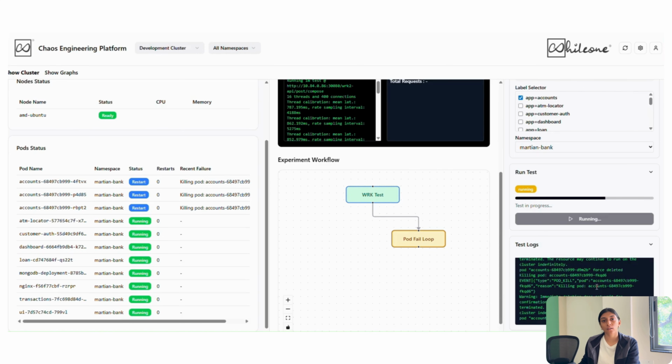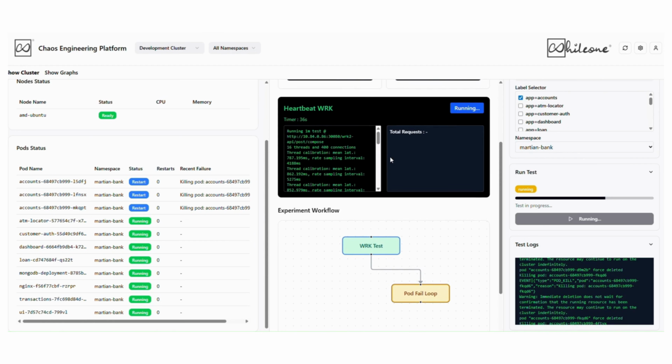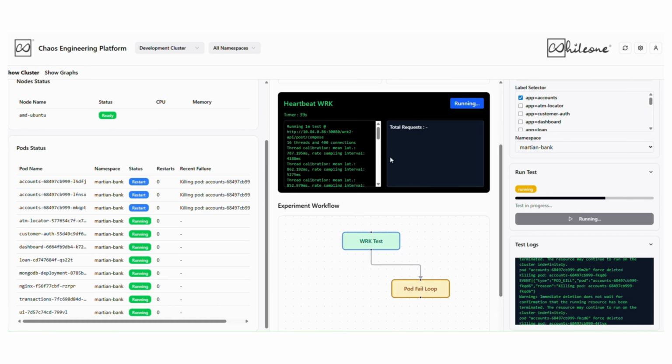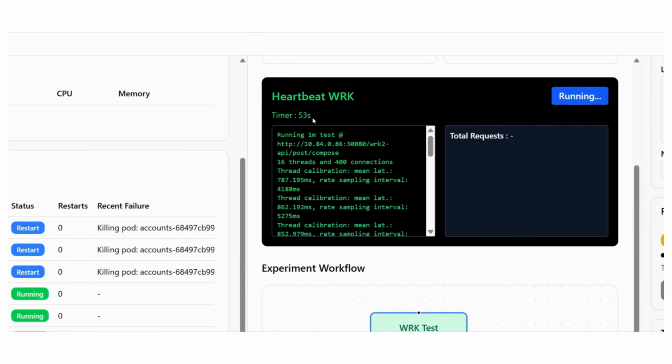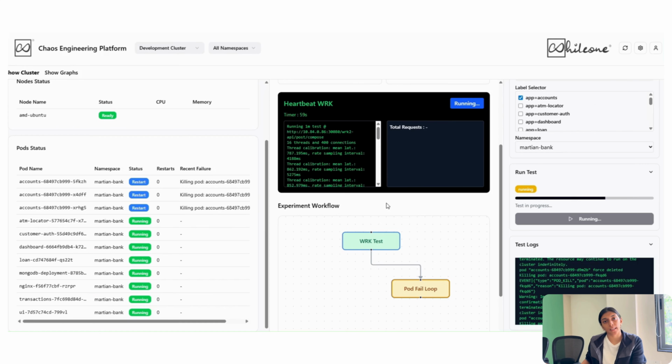And parallelly, the heartbeat WRK, which was also running earlier in the healthy state, is running parallelly with the chaos test. As you can see here, 60 seconds are complete, and again we get the total number of requests served